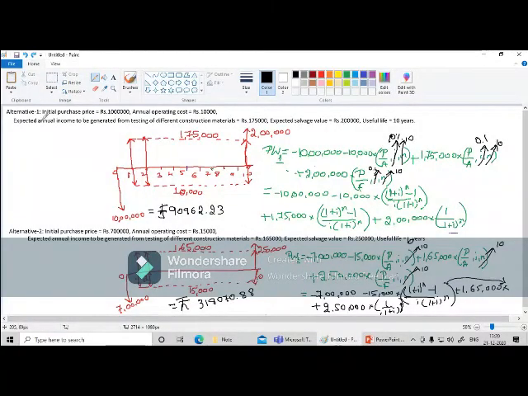See, we had two alternatives, alternative 1 and alternative 2. We had the given data for both the alternatives. The first step we did is we drew the cash flow. Then, based on the cash flow and the requirement, you are supposed to convert it to present worth, future worth, or annual worth. We had been asked to convert everything to present worth, to evaluate the alternative based on the present worth.